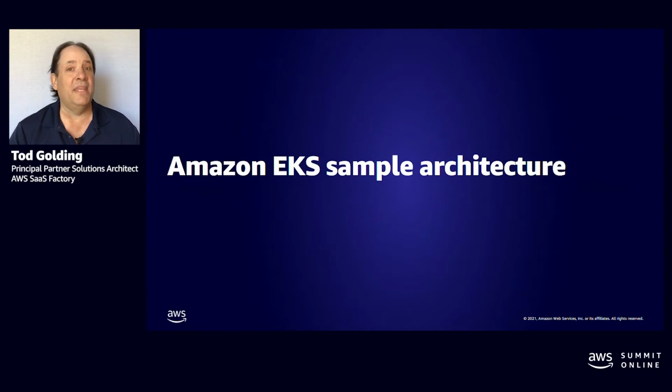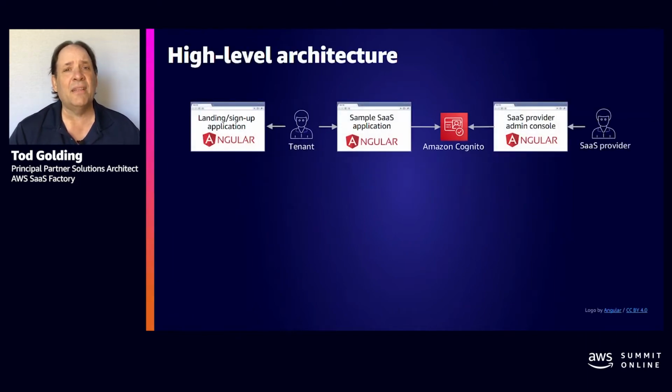Okay, so let's start with EKS. Like I said here, EKS brings some very specific considerations that we have to think about when we're building a SaaS architecture. And if we look at the outer edge of the architecture, we'll see what the application experience is across the different web applications that we include in this solution. If you start on the left-hand side, you'll see we have a landing page. And this is essentially where a new customer would come in, find your product, say, oh, I'm interested, register and onboard to your product, indicating the plan and the other bits that they're signing up for.